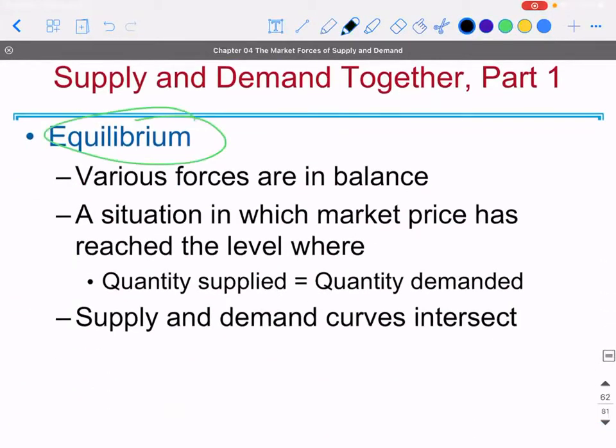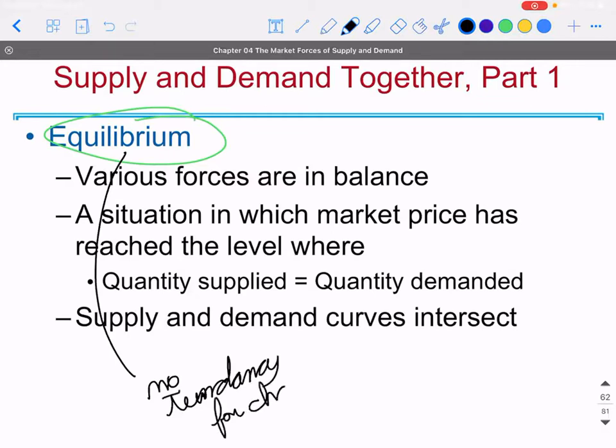Equilibrium, what is that? It basically means that there's no tendency for change. So basically the demand is going to counteract the supply, and specifically at that one point, as you see here,